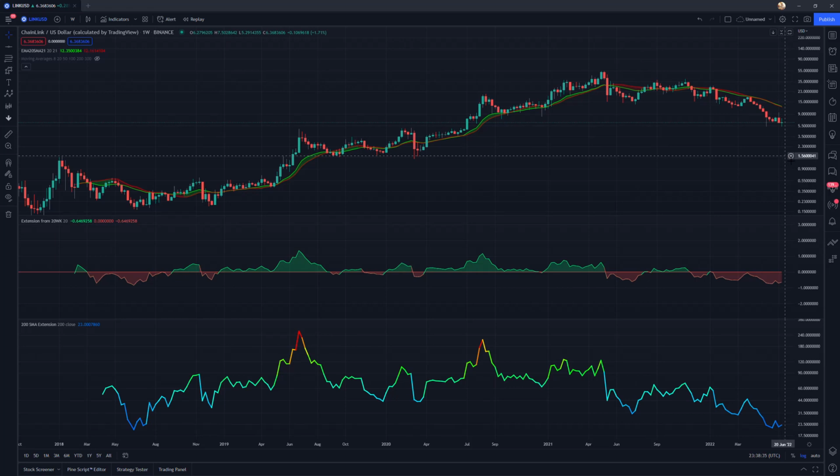Today I'm going to be providing a market analysis for Chainlink and going over some custom-made indicators to help provide